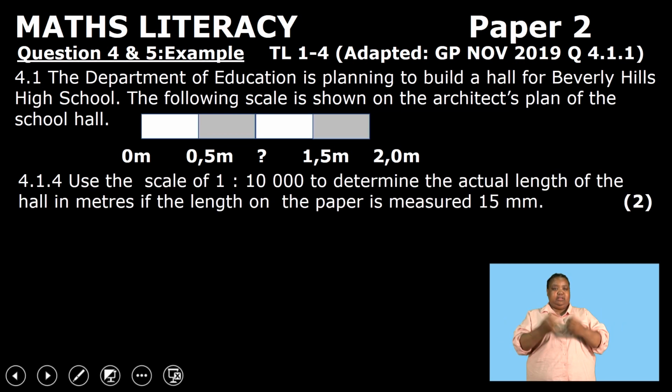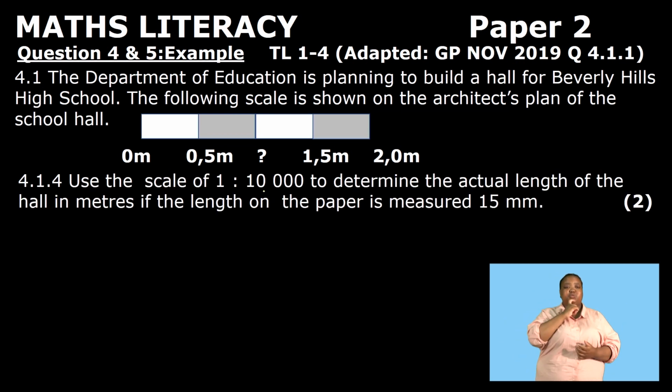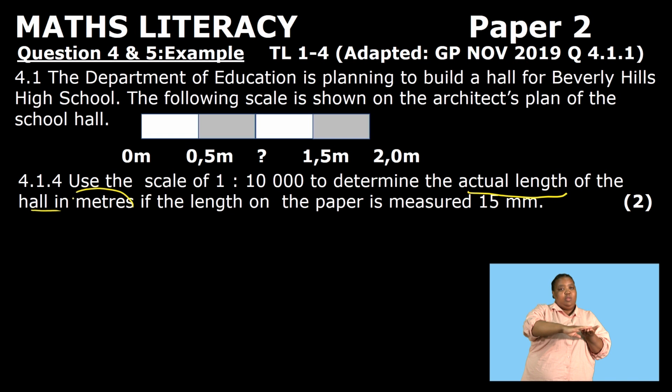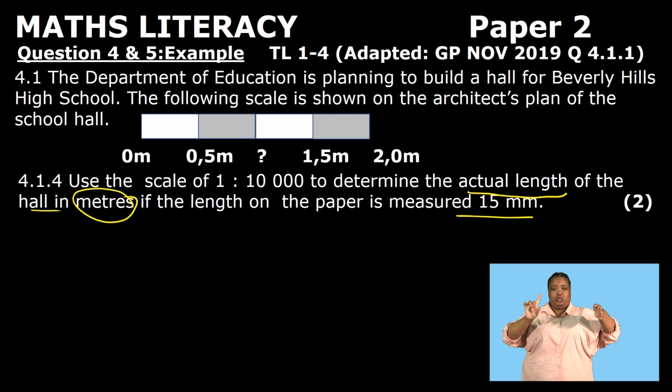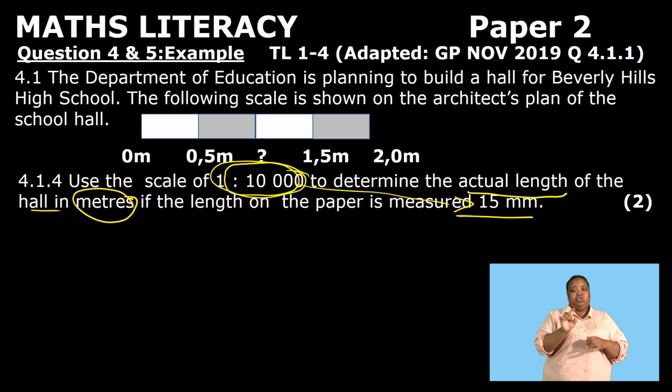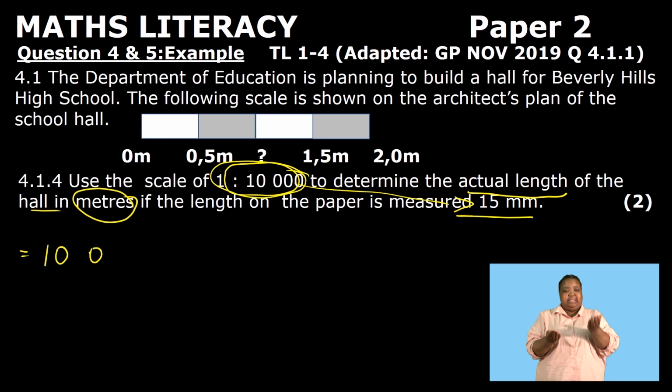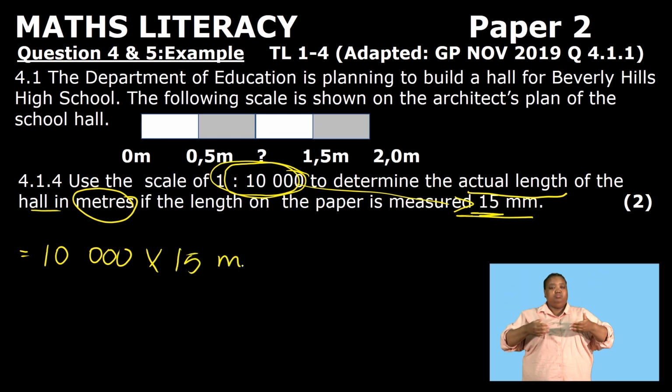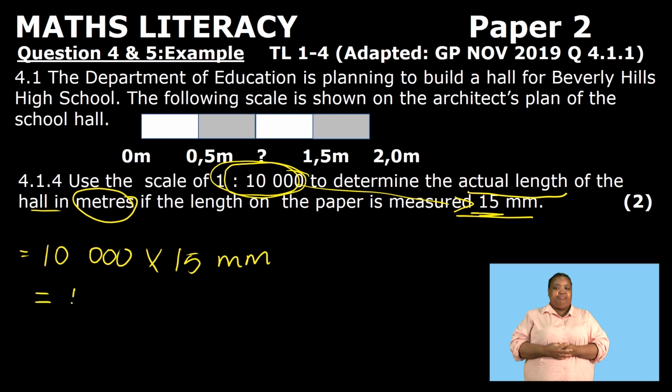Then next question: use the scale of 1:10,000 to determine the actual length of the hole in meters if the length on the paper is measured to be 15 millimeters. So we are to use this given scale to calculate the length of the hole. The scale given to us is 10,000. So we are going to take the 10,000 and multiply it with the length that is measured on paper, which is 15 millimeters. So this will give us